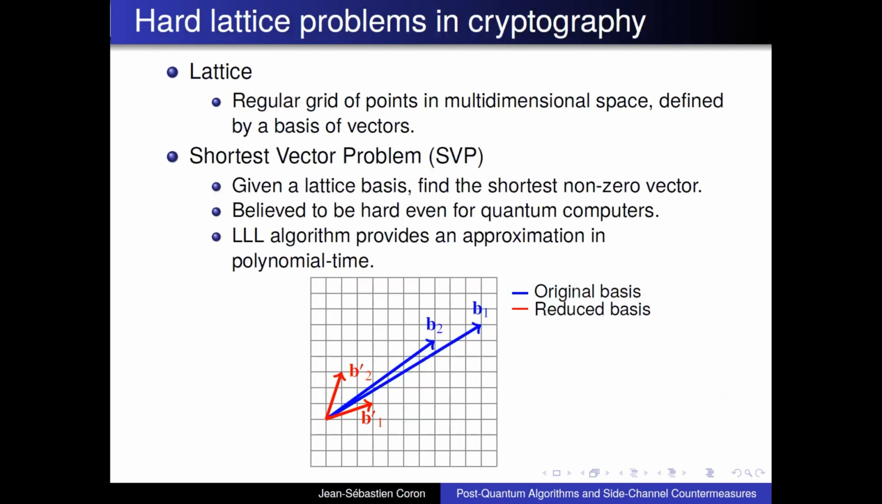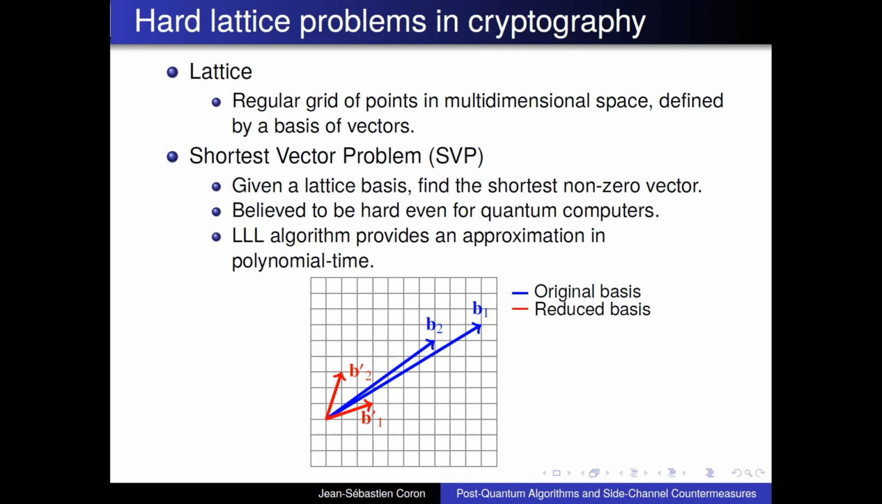But let me say also a few words about lattice-based cryptography and the hard lattice problems in cryptography. So what is a lattice? A lattice is basically a regular grid of points in a high-dimensional space, which is defined by a basis of vectors. We can define many problems on a lattice, the most important one being the shortest vector problem. We are given as input a lattice basis, which can be relatively long, for example this basis in blue, and the goal of the shortest vector problem is to find